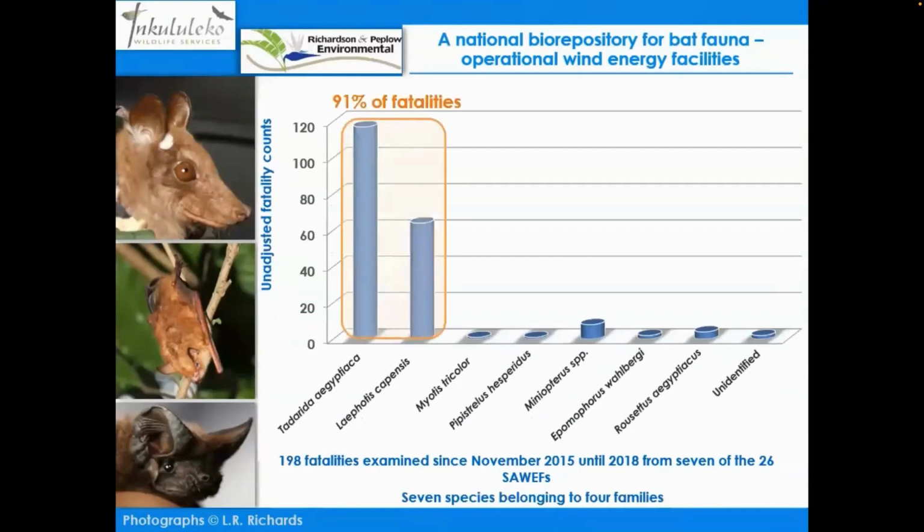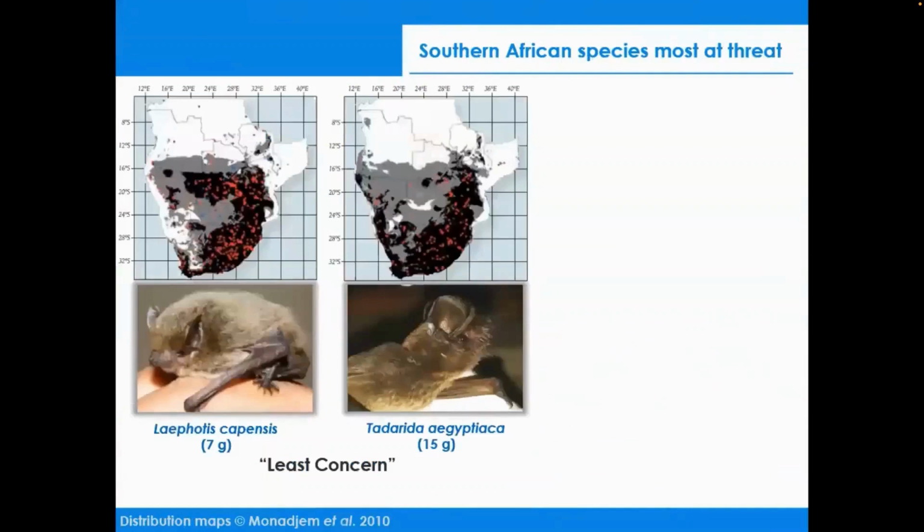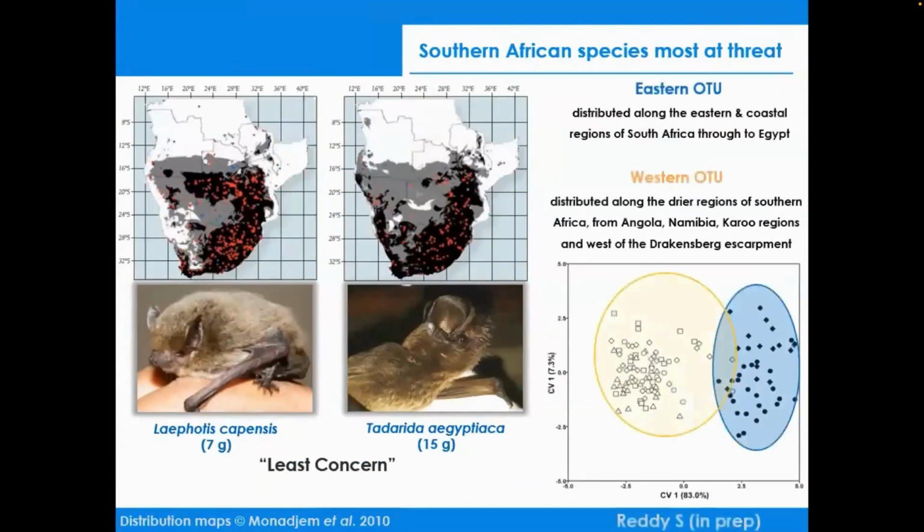Tadarida aegyptiaca, the Egyptian free-tail bat, and Laephotis capensis, the Cape serotine bat, accounted for 91% of all examined specimens. One may argue that these species are of least concern, both in a regional and global conservation context. However, an unpublished study by Reddy showed that Southern African Egyptian free-tail bats in fact comprise 2 distinct morphospecies,